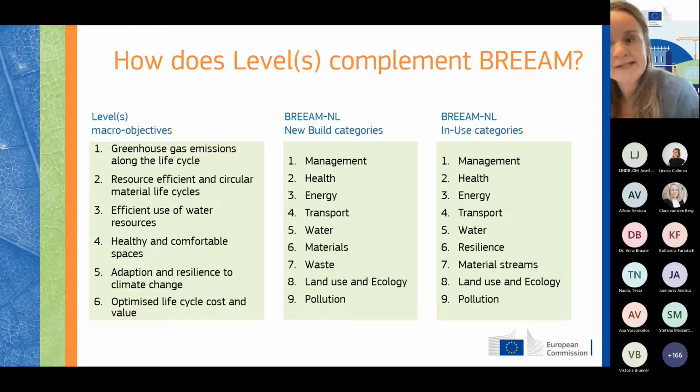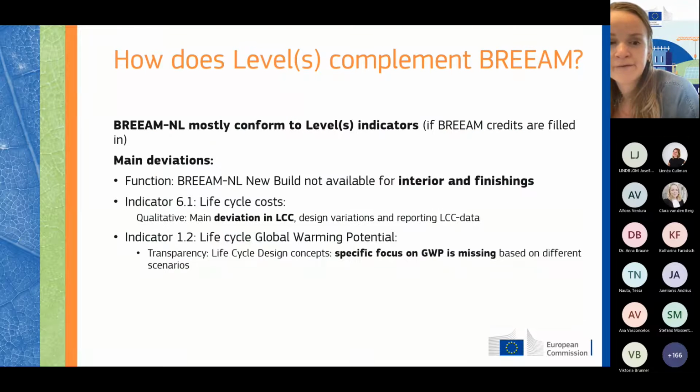And if you go to the next slide, you see that we have a deviation in life cycle costing, more on the design variations and the way we report this. We don't have a BREEAM for interior and finishings, so that's also not possible with BREEAM,